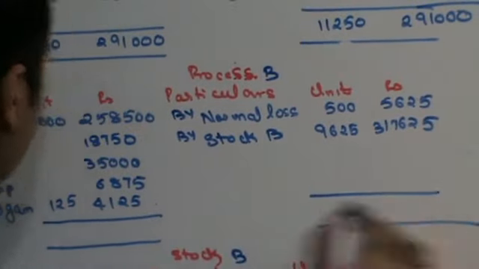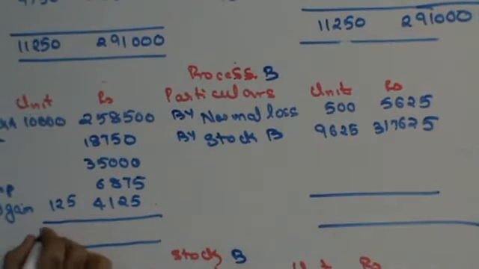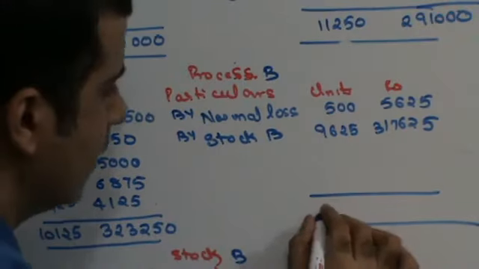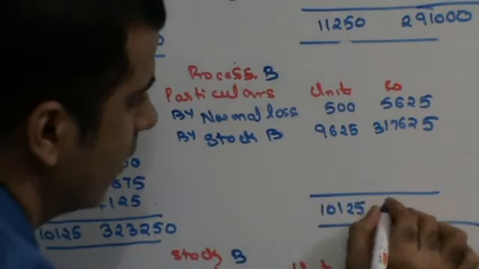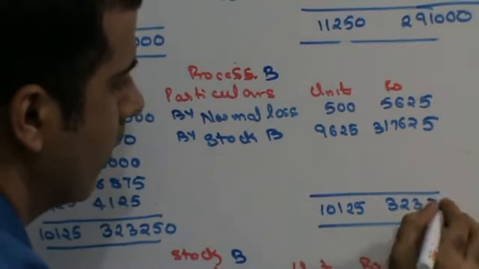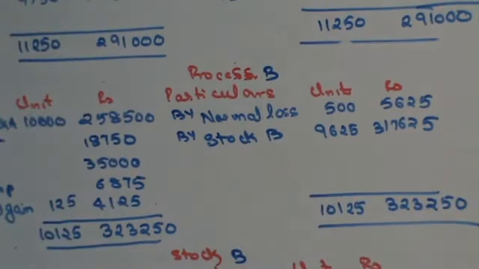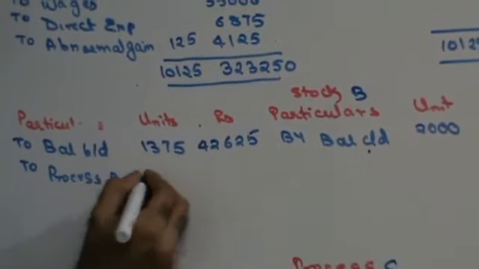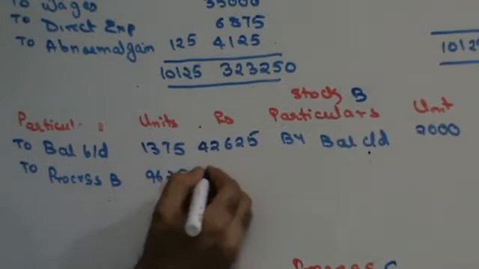Let's add this account up. So this is 10,125, and when you add this will come to 3,23,250. 10,125 and 3,23,250. Right? Okay, now bring this down here. This is going to be to process B. Process B is 9625,